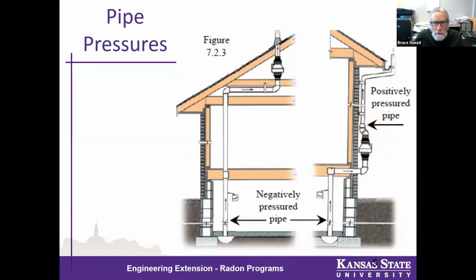In a radon mitigation system, an active soil depressurization system, there is pipe that is under negative pressure, that's below the fan, and pipe that's under positive pressure, and that's above the fan. So air can be drawn into the pipe from below and can exhaust from the pipe above. And we need to understand this because it's one of the reasons why the fans are located either outside or above living area, so that if there are leaks on the positive side, we don't have the potential for re-entering of radon into the home.